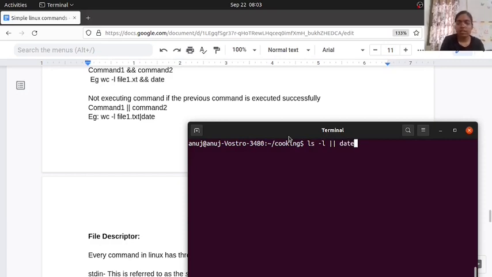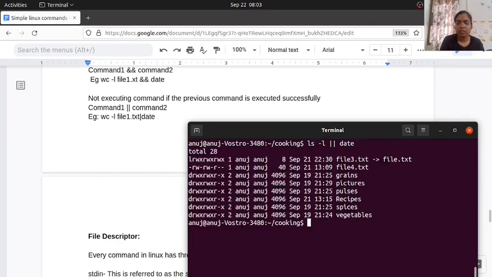So here, since both the commands are rightly typed, as the first command executes successfully, the date command, which is the second command, will not execute. So here the ls -l executed successfully and the date command isn't executed because we are combining the commands using the OR symbol. If we try failing the first command